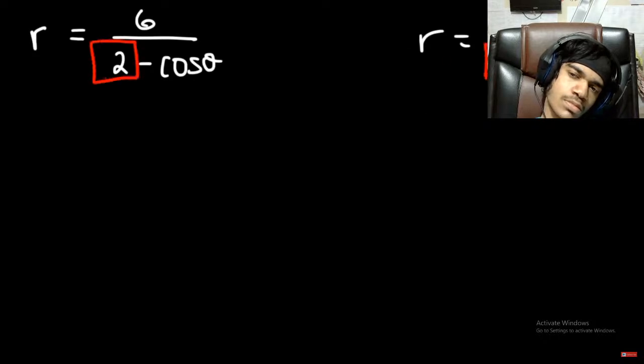Now let's go back to this equation. r equals 6 over 2 minus cosine theta. So the first thing I want to do is identify which of those four equations I have. And so I'm going to have this one, ed over 1 minus e cosine theta. Now what I want to do is turn this number into a 1. So that's the first thing I'm going to do. To do that, I need to multiply the top